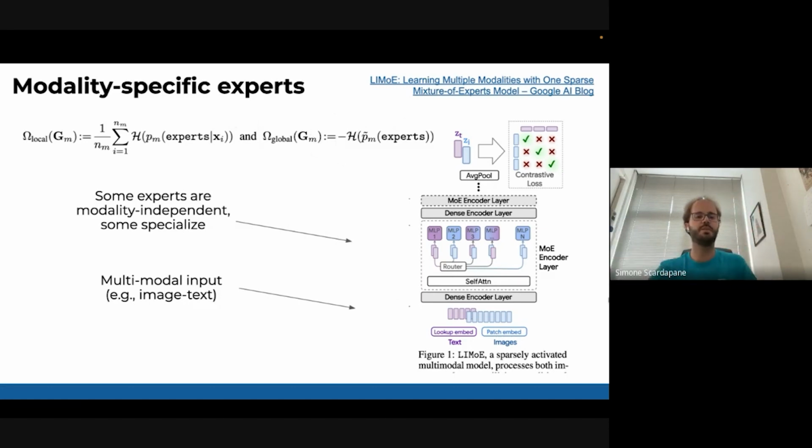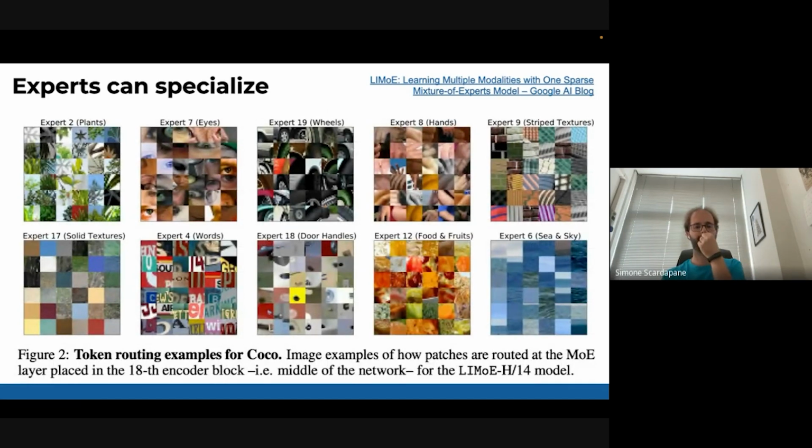You can implement this in a couple of lines of code, and it will do what we're describing here. And interestingly, they can specialize. What you can do is take each expert and look at the tokens that are routed to that specific expert. Sometimes you can see some interesting patterns.